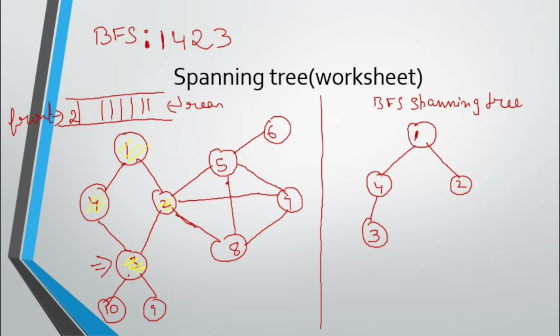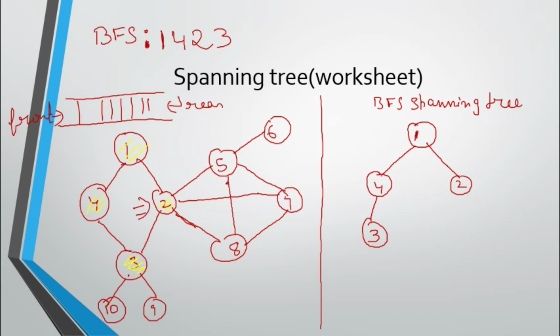One second. From the 4, you visit 3. I agree, but you have to see one thing. From 4, where to go next? You have to see the queue. Directly see the queue, that's all, nothing else. In the queue you have 2. So I need to go to 2, not 3. So just remove this 2 and update the pointer to 2.